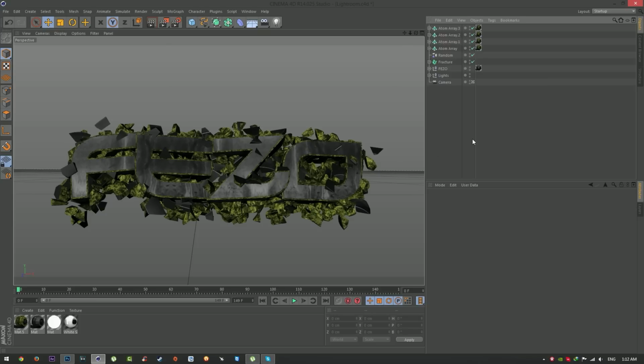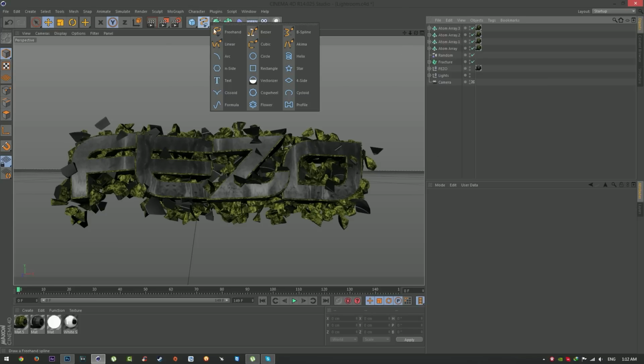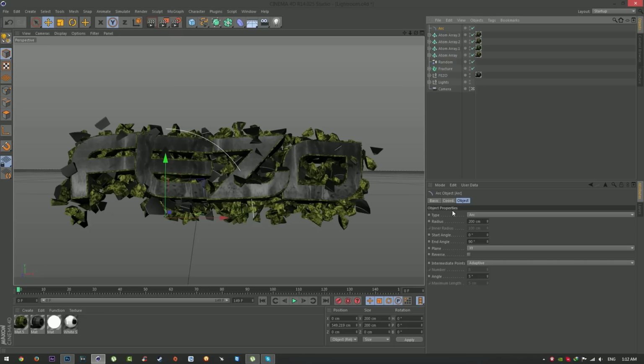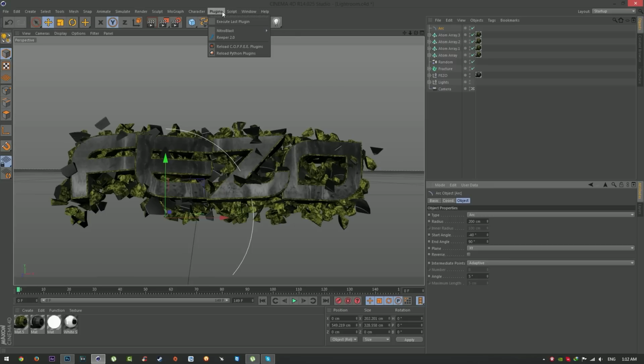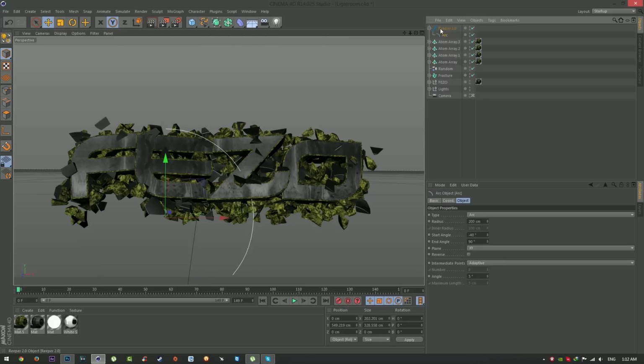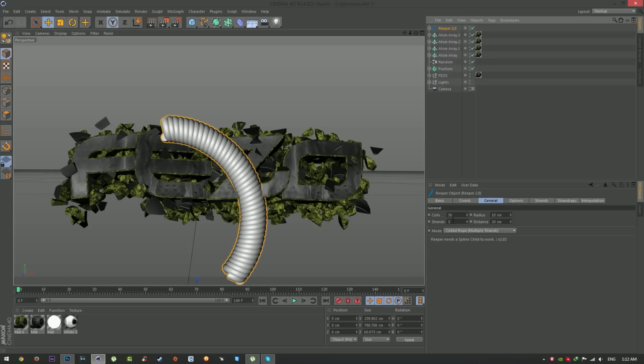Now I'm gonna go over this icon and select arc, and click on the arc and go over the object and change the start angle minus 40 degree, and go over the plugins and select Reaper FX. Drag the arc in the Reaper FX just like that, and I'm gonna make the distance